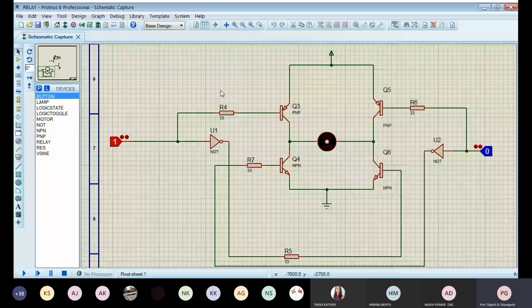See how the bridge is connected? We have the PNP at the top, NPN at the bottom, like this. Okay, so this represents the letter H. So that is the reason why we call this the H bridge. All right. Now, as I run the software, as I simulate this, you'll see that the motor is rotating now. For that, I am asserting the signal over here as 1. Remember that whatever signal that I am applying for this PNP, an inverted signal is applied to the diagonally connected NPN. So the current